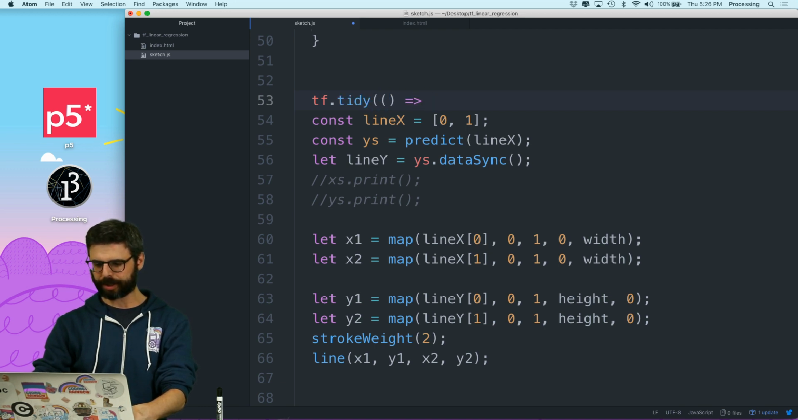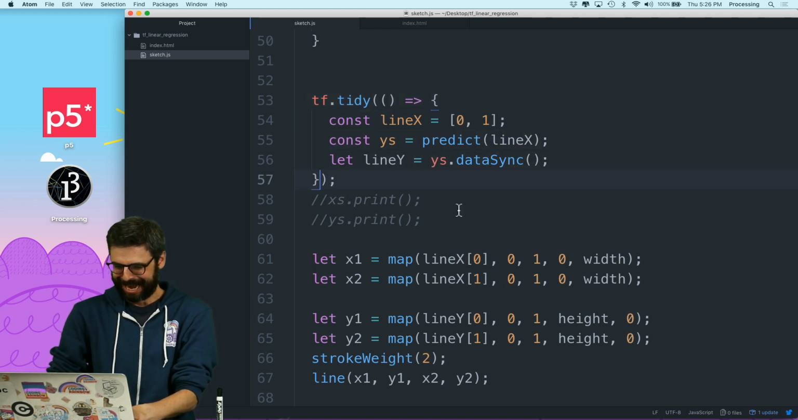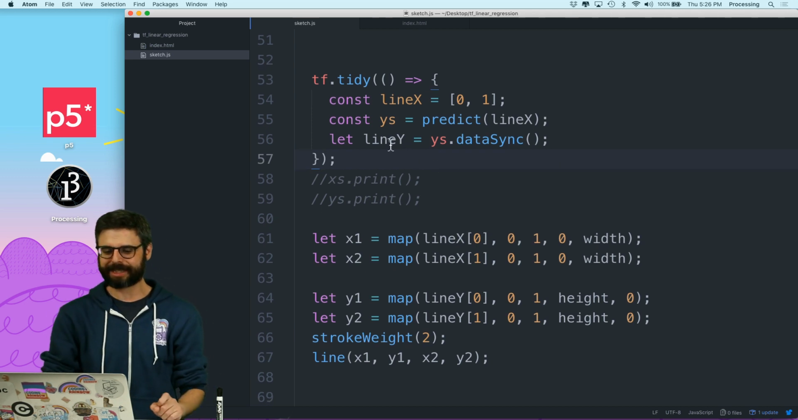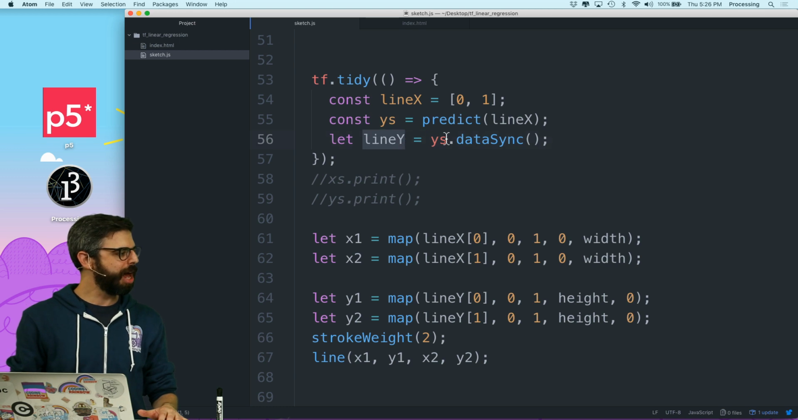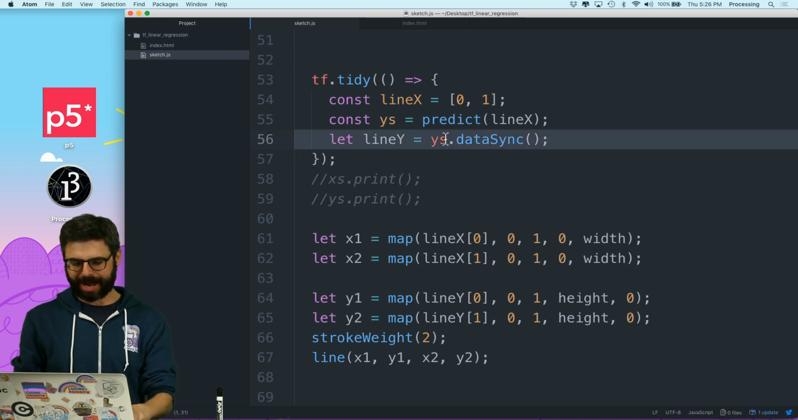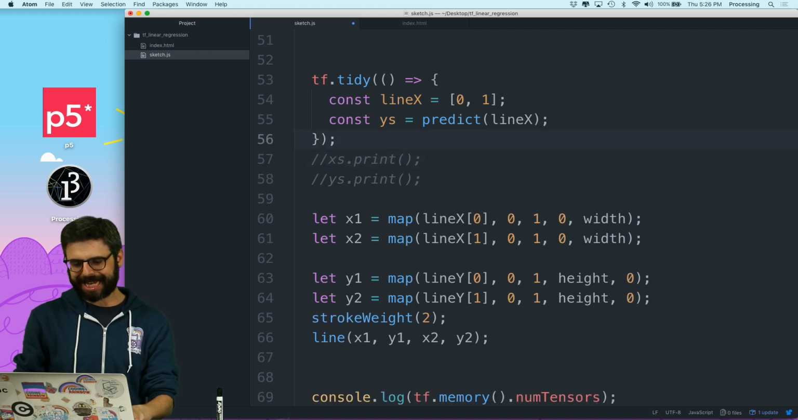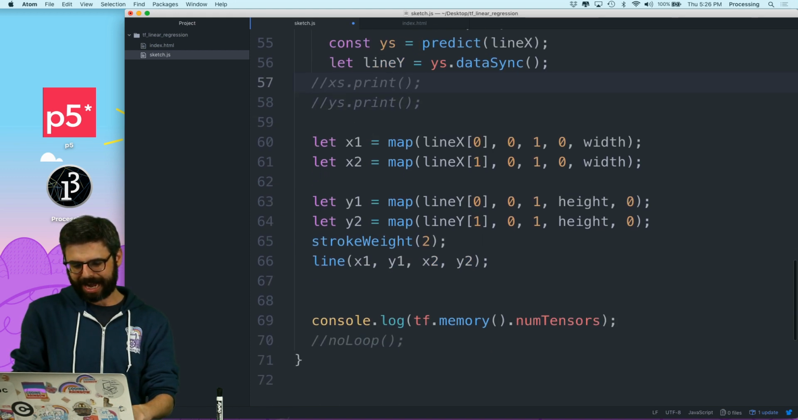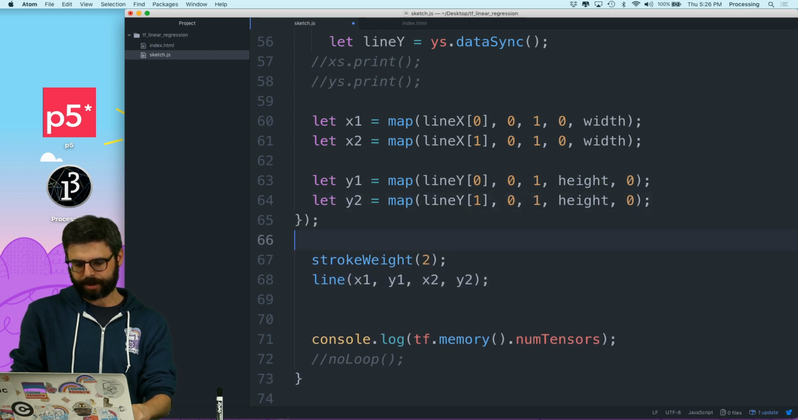So instead of disposing manually, I kind of like disposing things manually. The tidy thing kind of freaks me out. But the problem with this is I have a scope issue, which is that line y, right? No matter what I do, if I take this out here, this is going to tidy everything. So I guess it's not the biggest deal, at the moment at least, for me to just put everything inside